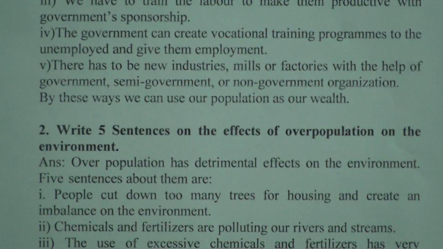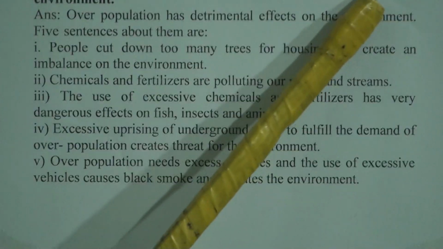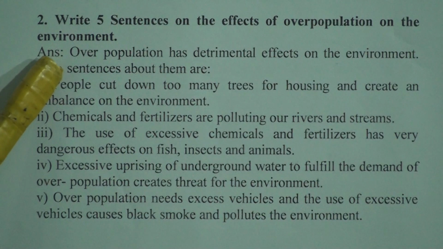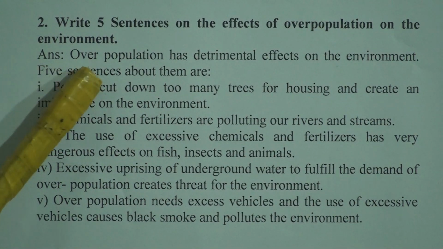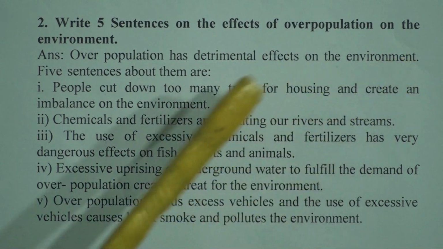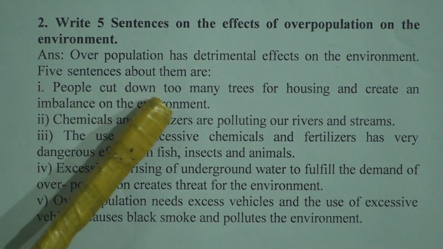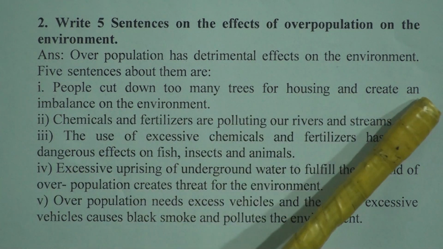Now we will go to competency-based question number 2. Write 5 sentences on the effects of overpopulation on the environment. And the answer is, overpopulation has detrimental effects on the environment. 5 sentences about them are: Number 1, people cut down too many trees for housing and create an imbalance on